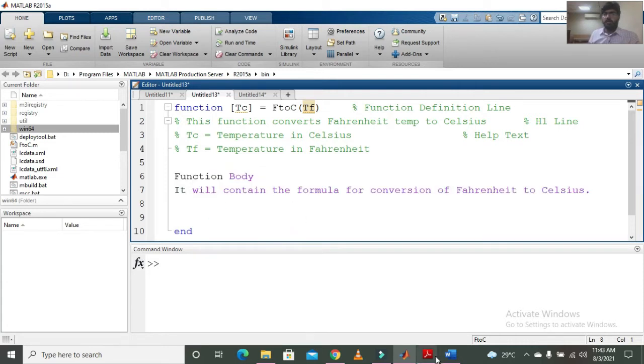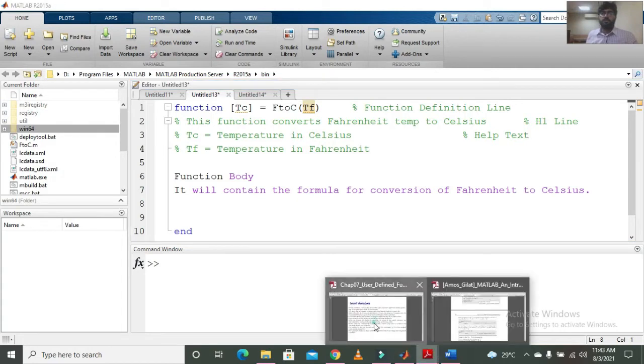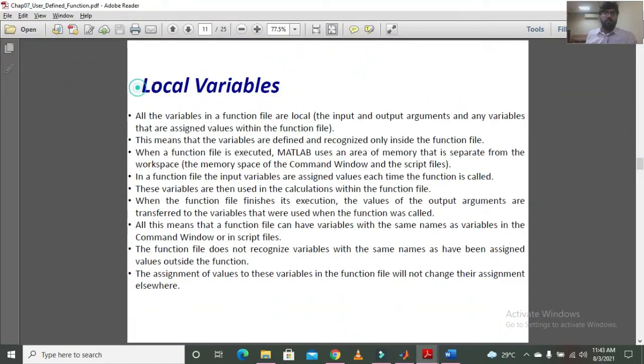So now what we are going to do is, first we are going to discuss the local variables. Local variables are those variables which are defined either as an input argument or output argument, or as intermediate variables inside the function file.